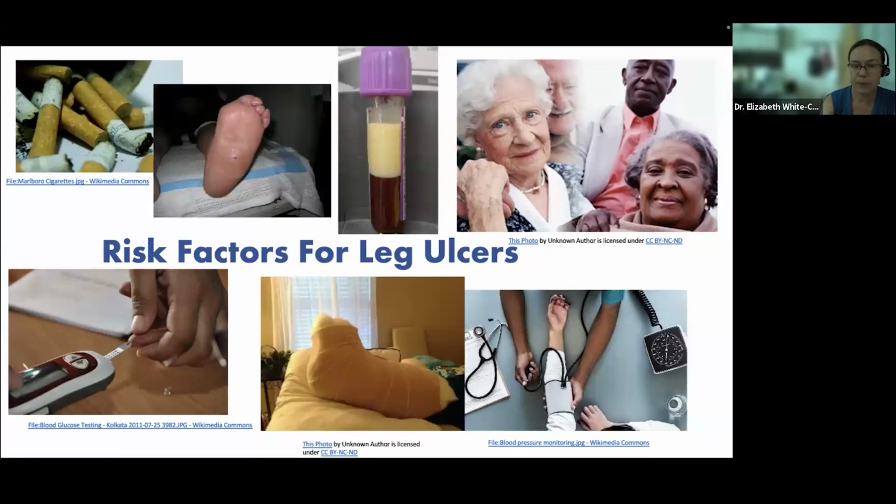Lower left is that diabetes management. So screening for diabetes and having a low threshold to check, even if you think that they're fine. And then any kind of leg surgeries. So anytime you've had any kind of disruption, whether it's a big ankle surgery, knee surgery, hip surgery, that's going to disrupt the lymphatics and potentially the venous system as well, putting them at risk for leg ulcers down the road. And then finally, high blood pressure. So all of these are risk factors for leg ulcers of various causes.